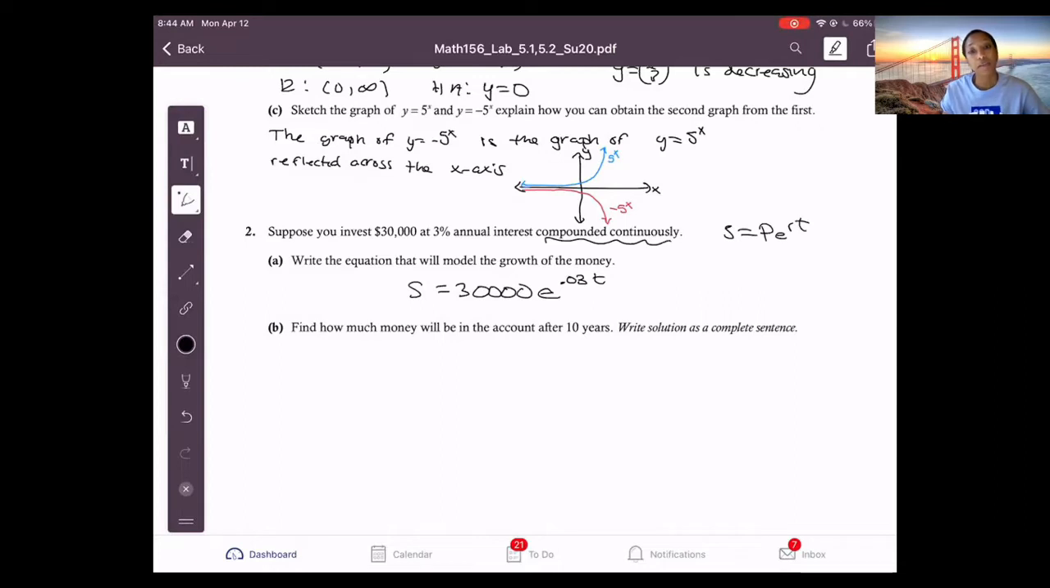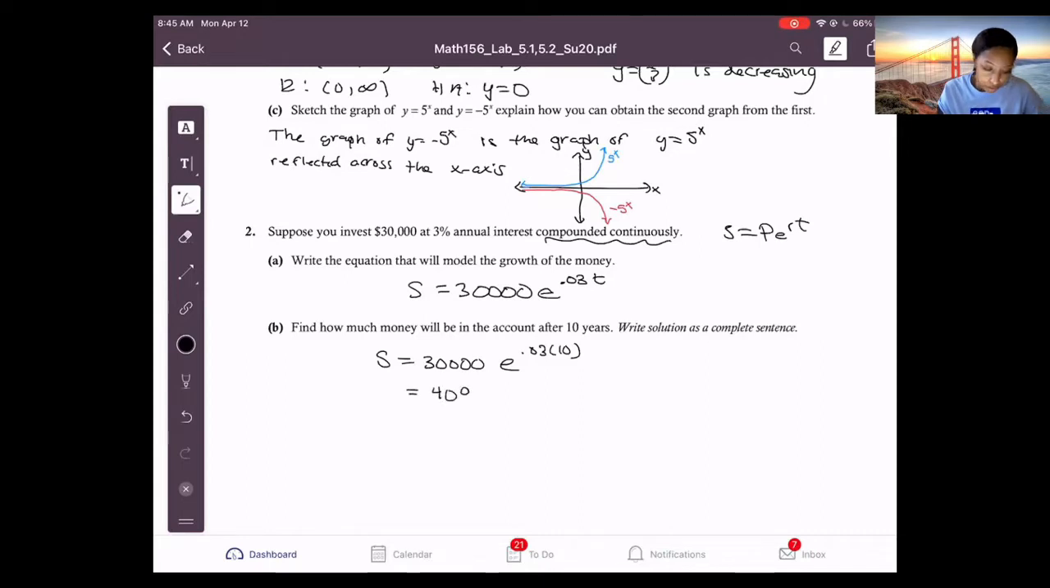We plug in t, the number of years, and this function will tell us how much money is in the account, or how much money we've earned from the investment. Find out how much money will be in the account after 10 years. Write your solution as a complete sentence. So if you plug in 10 for t, let's see what we get. 30,000 times e to the 0.03 times 10